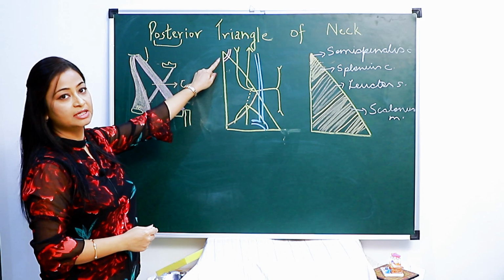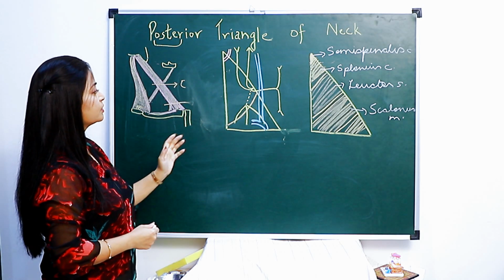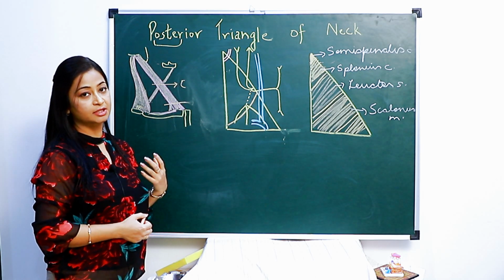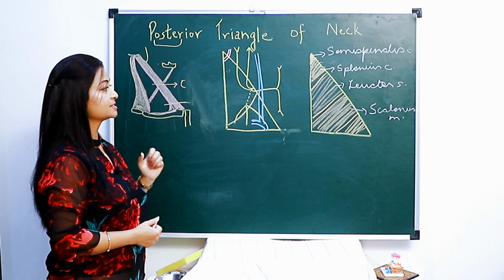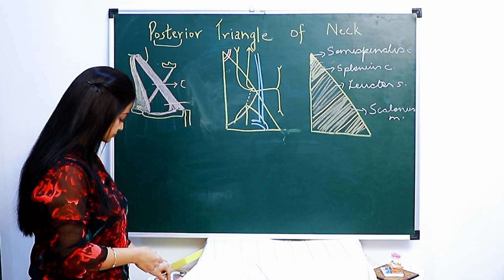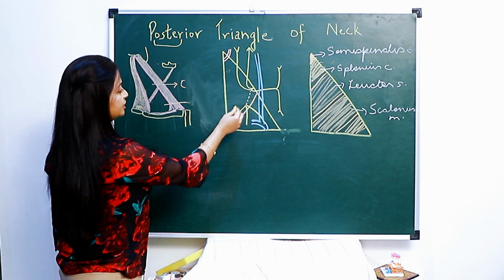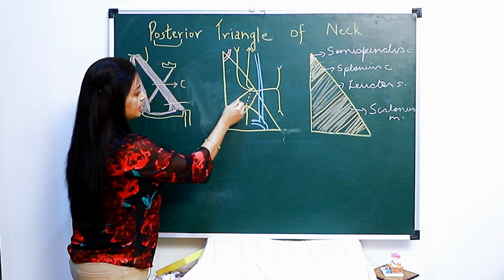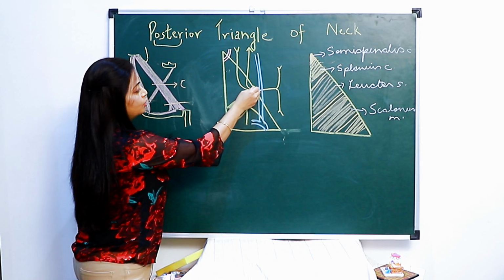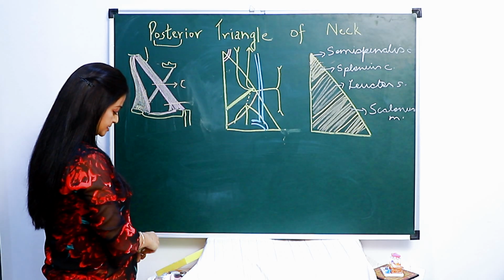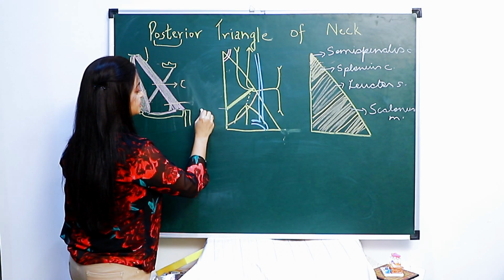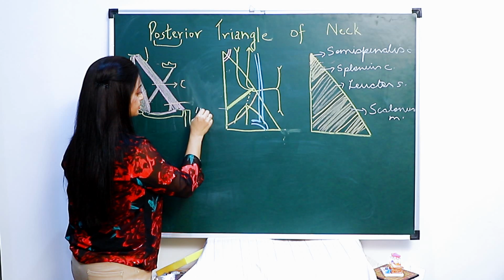This is the occipital artery. Okay, next you have a whole lot of nerves which occupy this triangle. The most important being the 11th cranial nerve or the spinal accessory nerve. So this is the 11th cranial nerve,